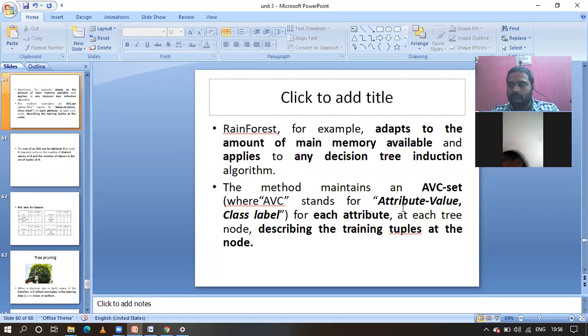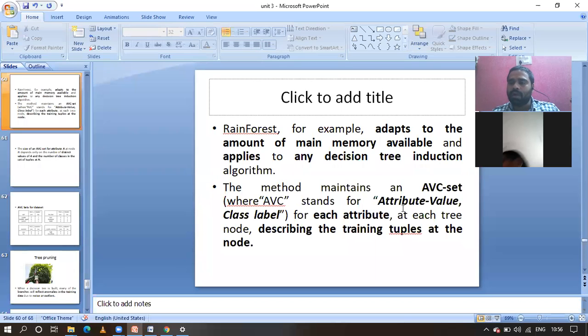After completing that, I take that attribute value class label set back to the secondary storage, and I will take the second attribute and its corresponding attribute values and class labels into the main memory, and construct the decision tree. After completion, I put that back to the secondary storage, and I will proceed to the next attribute, guys. In this way I am going to proceed.